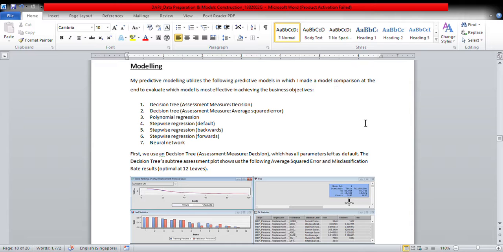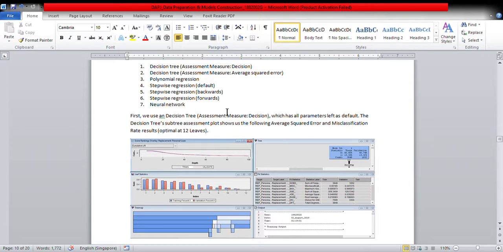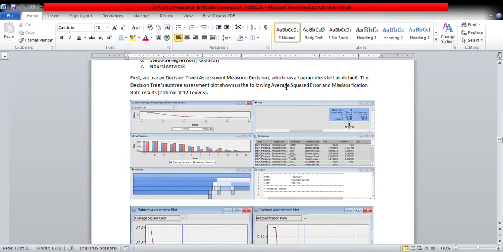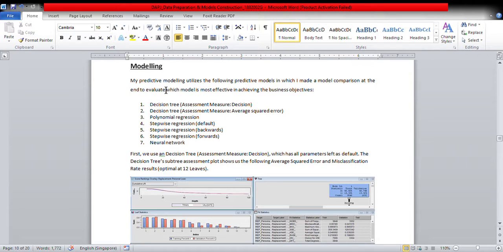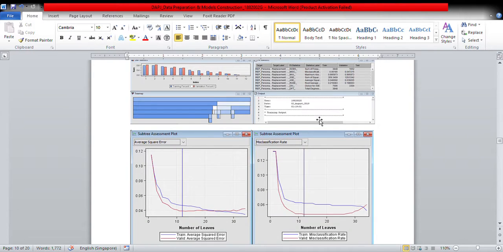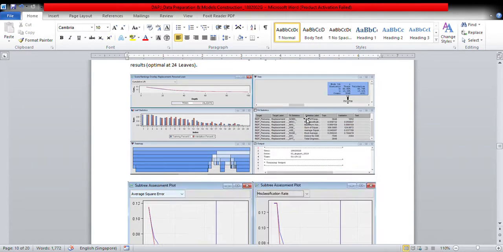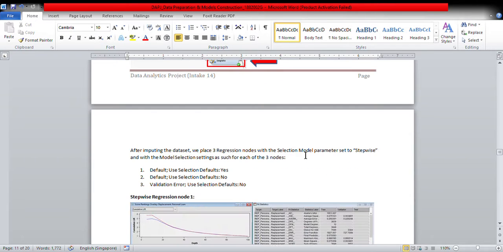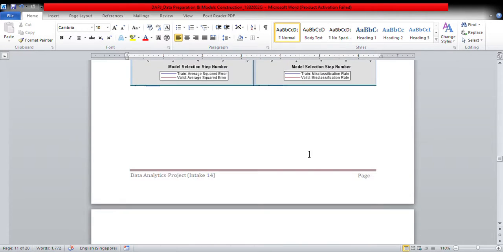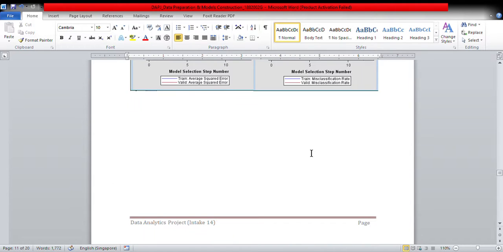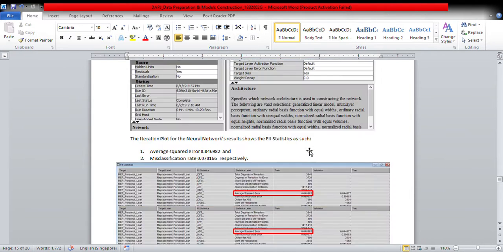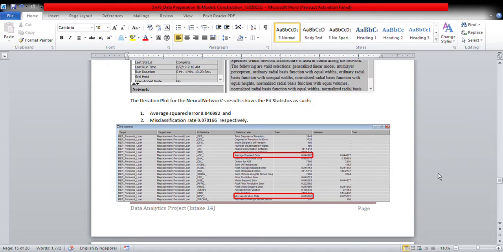And for each of them, we looked at the results in terms of the average square error, basically the subtree assessment plot showing the average square error and misclassification rate results for each of the 7 predictive models that were being used. So you can see in the report that these were the actual screenshots taken from each of the various predictive models. Moving all the way to the bottom,